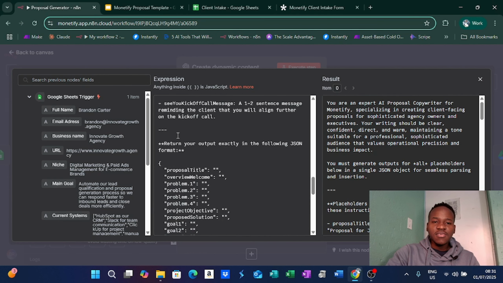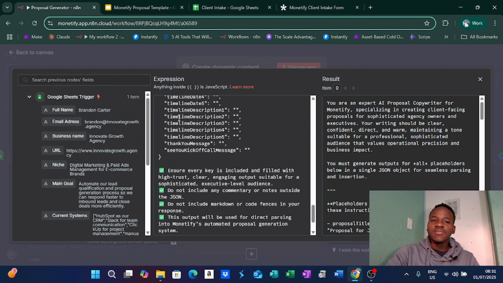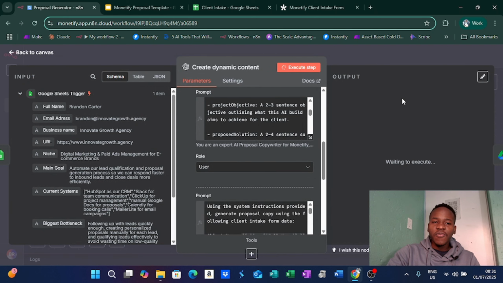And then underneath here, this is where we say return your output exactly in the following JSON format. This is where it's going to give me everything, all the JSON within the proposal template. Like right here, you'd see thank you message and then a few rules for it to follow. Now, if we execute this step,